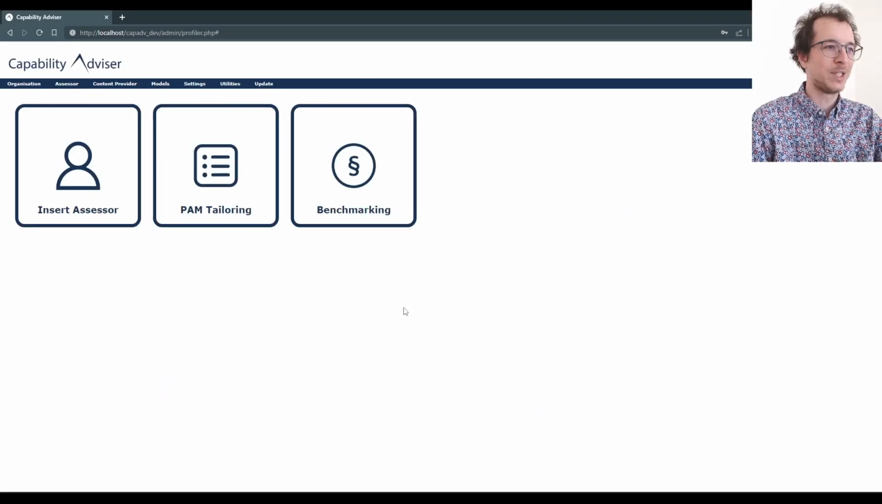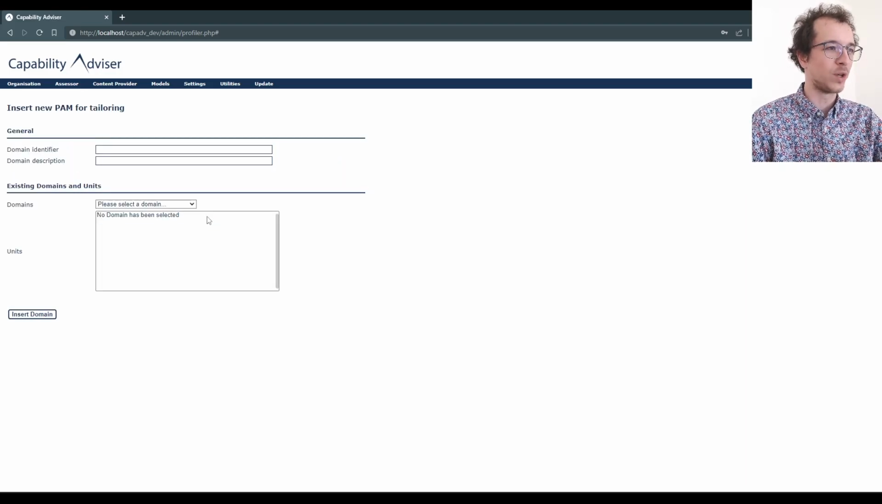More power to the admins with this next feature as well. As you can spot in the tiles menu, there's now process assessment model tailoring. It's exactly the same as with the organization user, so no difference there. And there's also the option of disabling tailoring for organizations, for those that have very dedicated admins, and